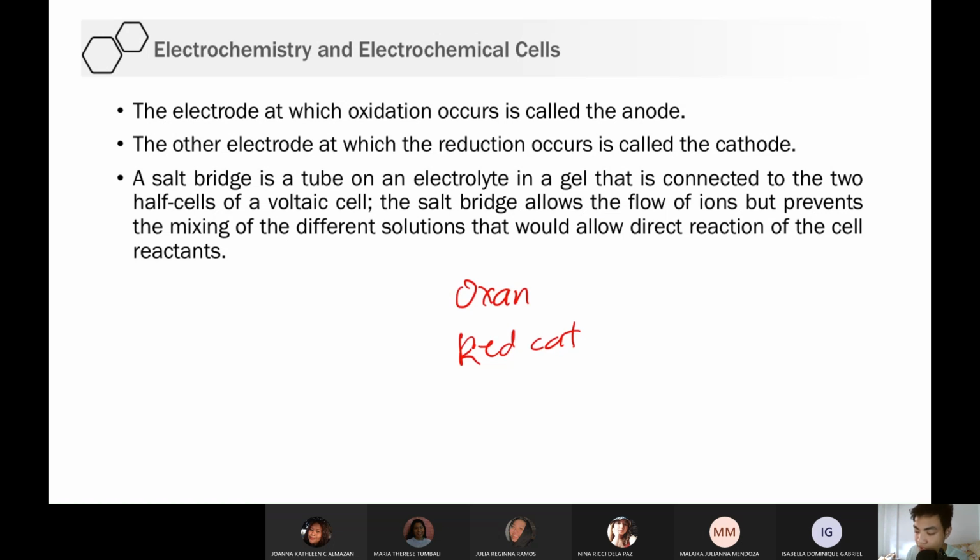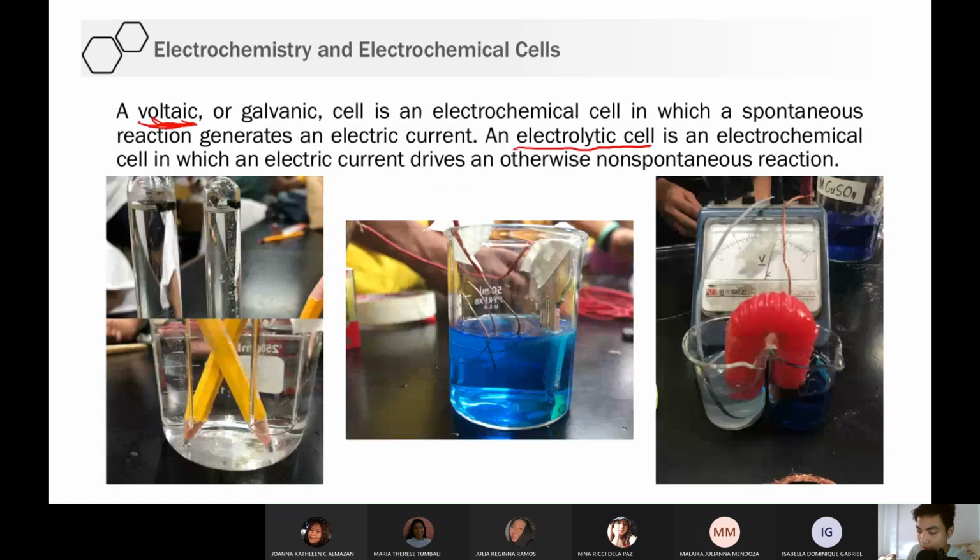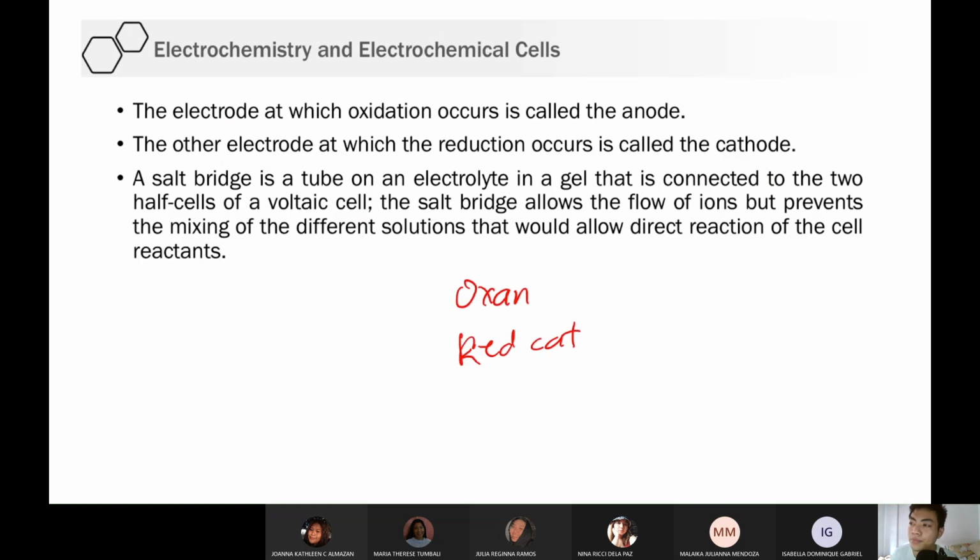Saan yan gawa? Sa gelatin na may asin. Ginawa ko dyan, the night before I did the experiment, nagluto ako ng gelatin, then nilagyan ko maraming asin. So yan, mamumuo yun. So solid to eh. Lalagay mo lang talaga siya doon.